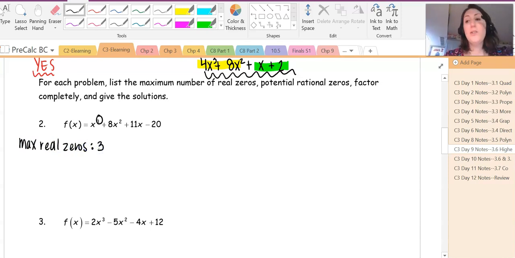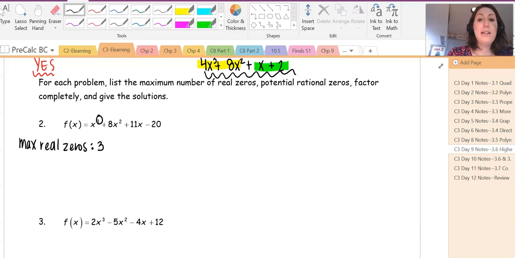Which is 3. There are going to be 3 total zeros. There could be a real zero and 2 imaginary. This lesson is just focused on real zeros, so we'll hit imaginary starting in our next lesson, I believe. Okay, but 3 is the total number of zeros you'll have, and of course that means it's the most real